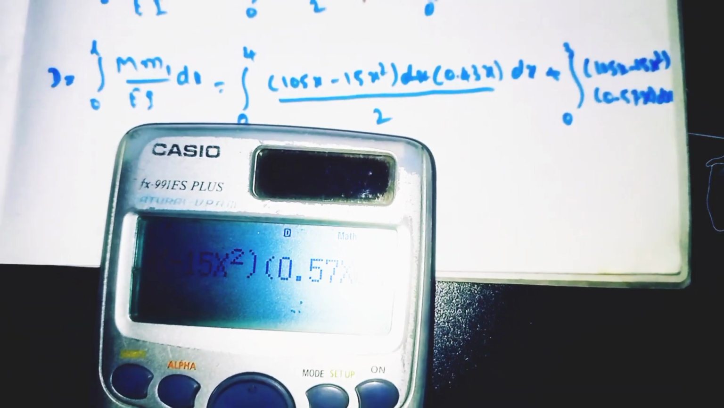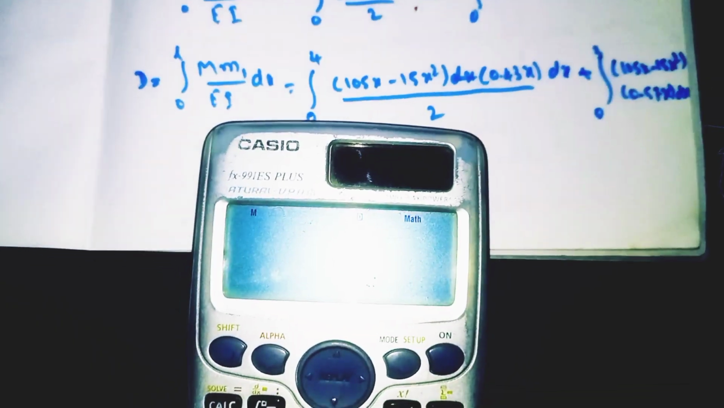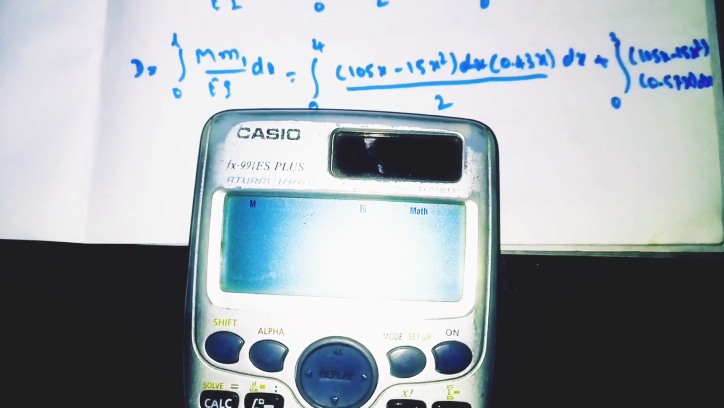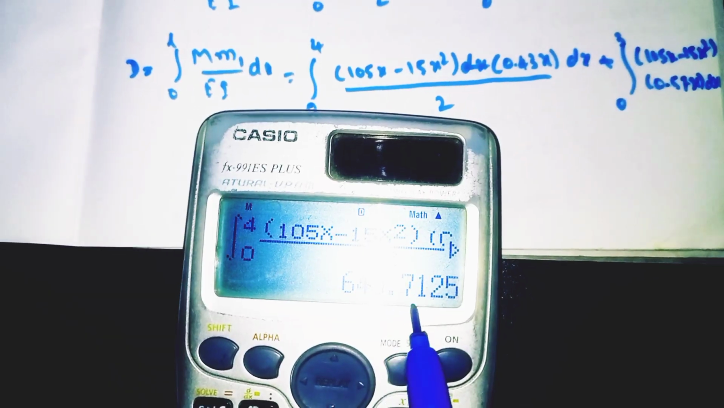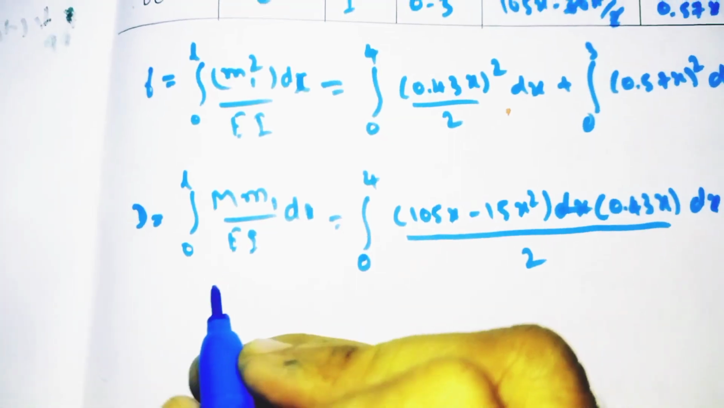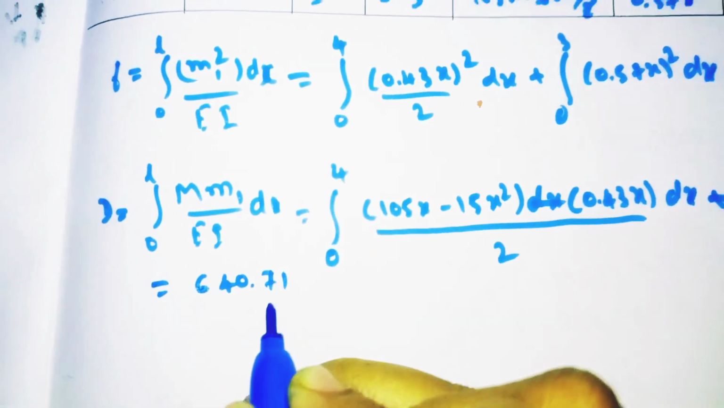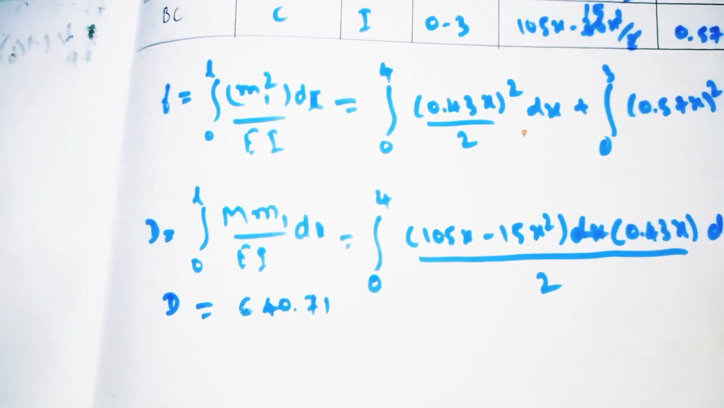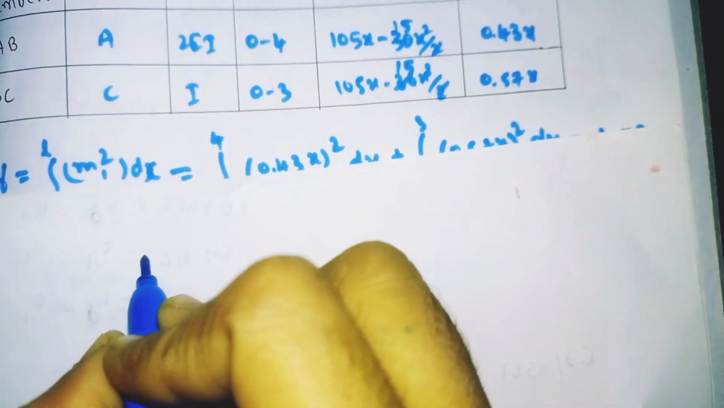0.57x close the bracket. So now solve it. So our D value will come out as 640.71. So D value will be 640.71. So now from the compatibility equation, so that is